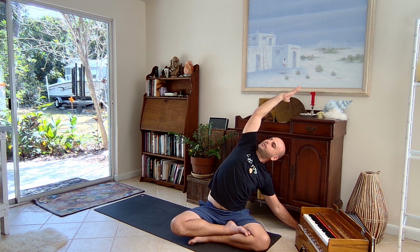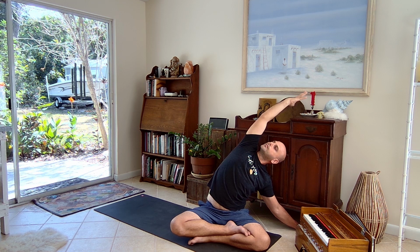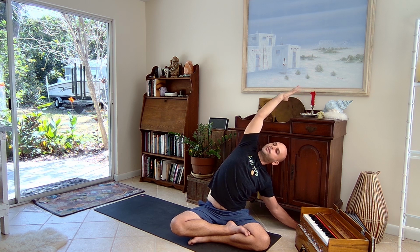Finding your breath. Full deep breaths in and out. One more breath here. Deep breath in and out. As you inhale, coming back through center to reach tall. And releasing your hands behind your lower back, behind your back,